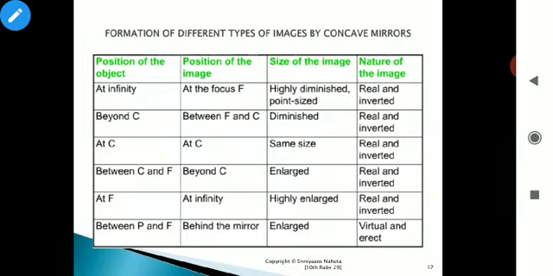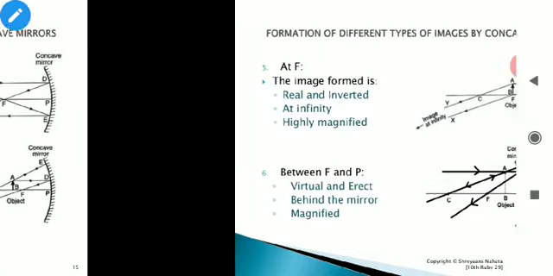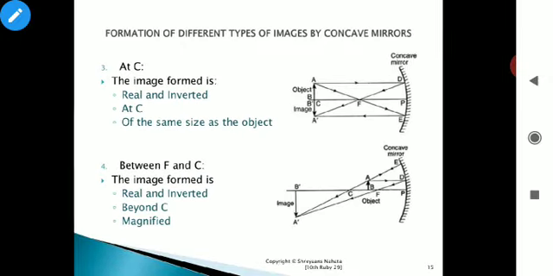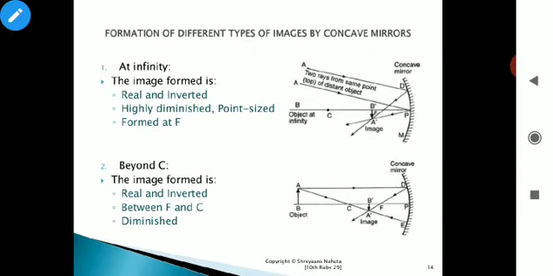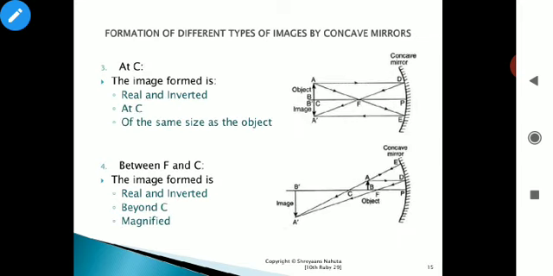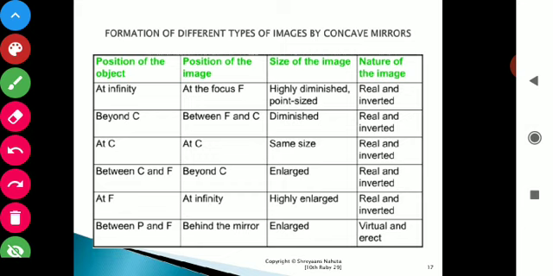So, students, in the last videos, we discussed the image formation with the help of concave mirrors, right? And we did 6 cases, and we made the different images with the different positions of the object. So there were the 6 cases. So here is the summary of all the 6 cases, as you can see in the table. So we made 6 cases with the 6 positions of the object. So these are given here.